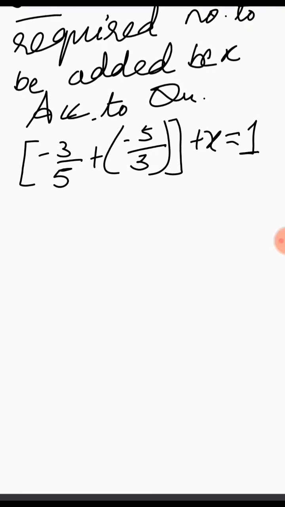Now see, you know children, you have to keep the variable on one side and numbers on the other side. So we will do transposition. Now here x will be on one side, x is equal to, so the number which is already there, you will write 1. Now this complete you have to transpose, so this plus, when you transpose it on the right side, it becomes minus,